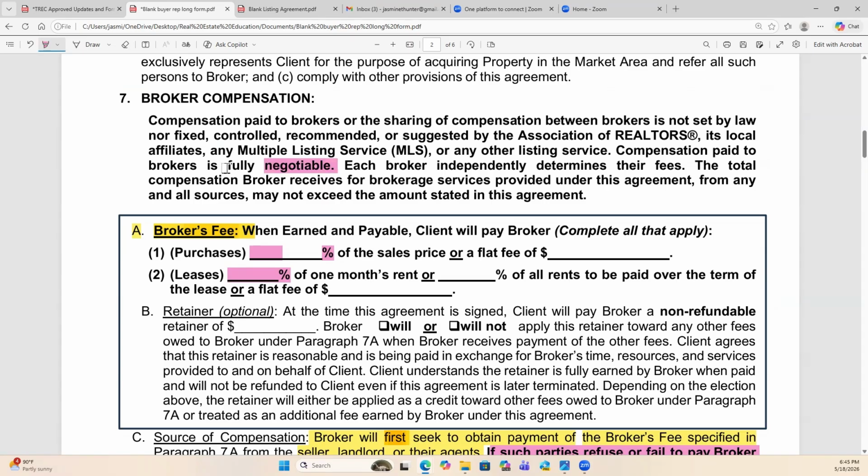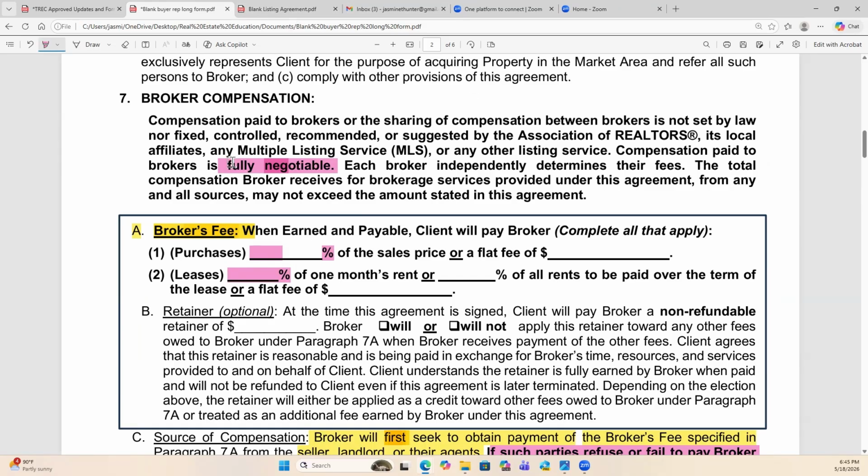Boom. Fully negotiable. You have to negotiate. Do not call me, Jasmine, they're not giving me my 4%, my 3%, my first month's rent. What do I do? What did you negotiate? I am signing whatever invoice matches your contract. That's why your contracts are required to be uploaded. I'm looking to see that the numbers match. Okay. So if you did not negotiate your fee, then do not look to me to help you get it later. You have to negotiate that at the beginning.